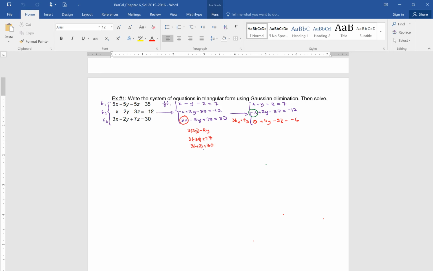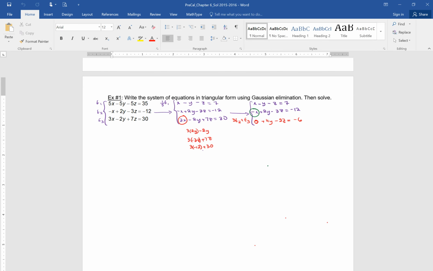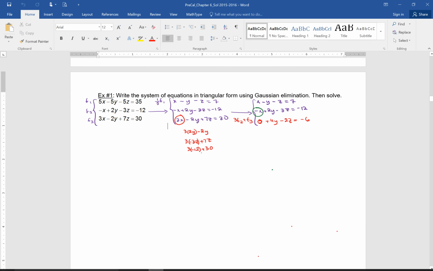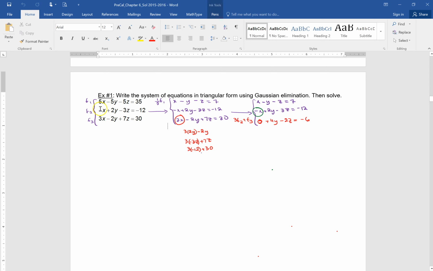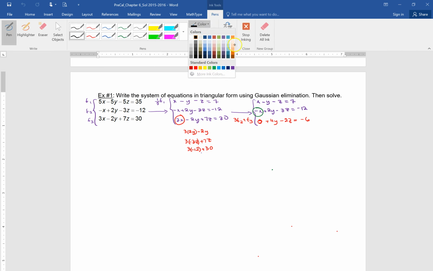So here's a problem that we're solving. We want to get it into triangular form, meaning I want to get rid of this term entirely. So let's highlight the terms that we want to get rid of. I want to get rid of this term entirely, and this is the order that I will go in. That's first, then the one right above it, I want to get rid of them, then the one right next